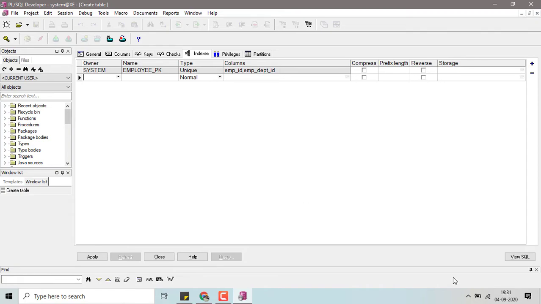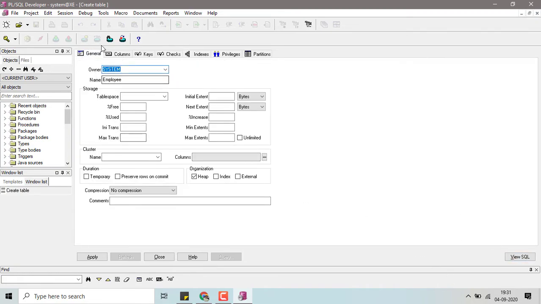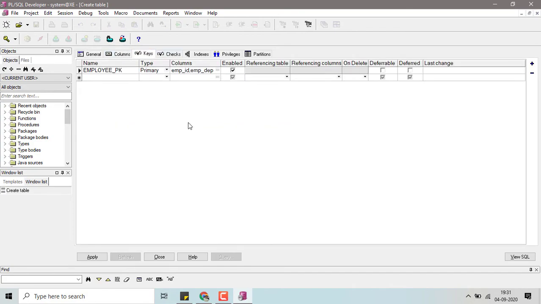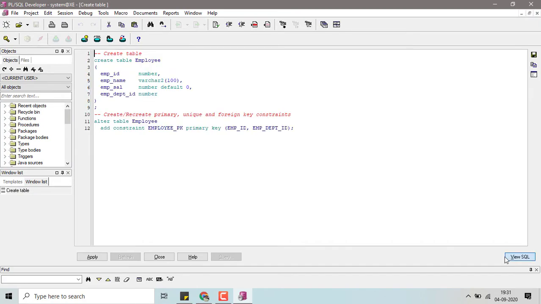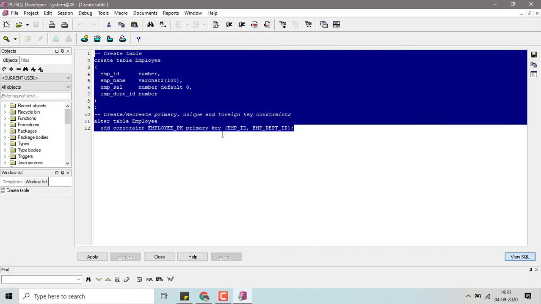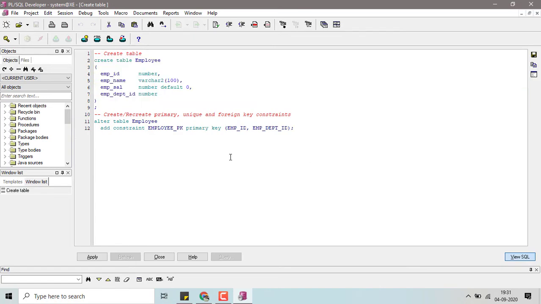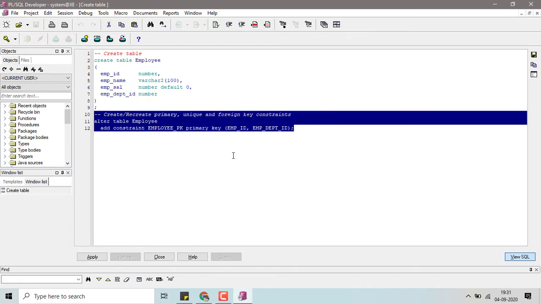If you want to see that query, as we have done the table creation and the primary key creation using the GUI, at the backend PL/SQL Developer has created this create statement. As we have added the primary key column, the alter table syntax is also created.